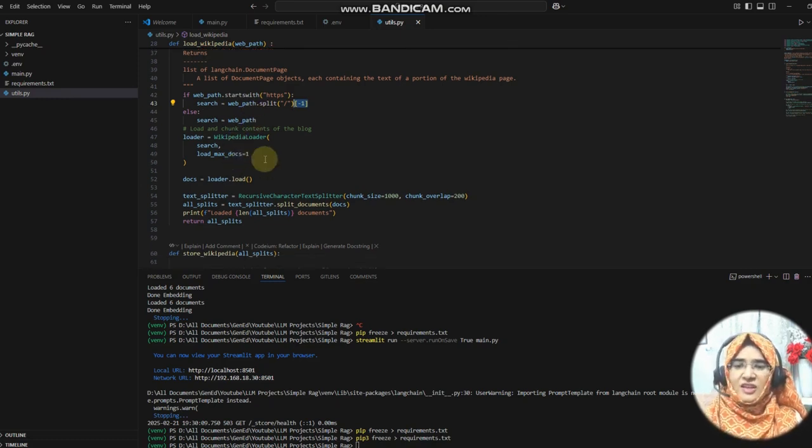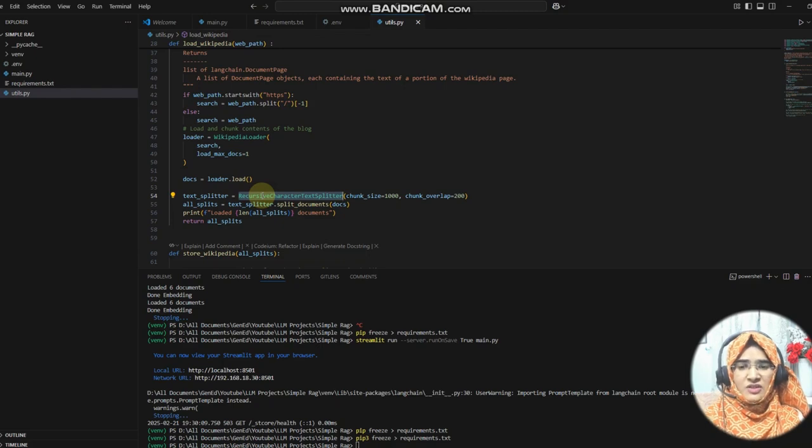So we are saying here. Secondly, we are passing this second argument, load max document. In Wikipedia we have multiple documents, a lot of content on that particular topic, right? So we are limiting it. You don't need to load the whole topic, just one part of it. But you can add more, like 2, 3, 10. It's up to you. I'm giving one part only. When you load it, you need to load that first. So that is the document that we currently have. Similar to the PDF document, we now have the Wikipedia document here.